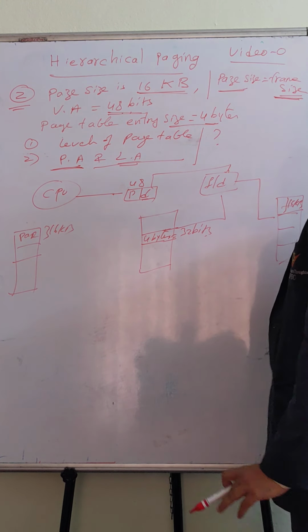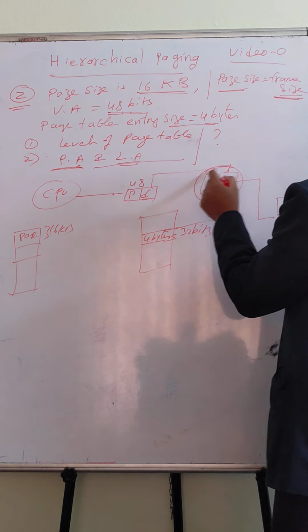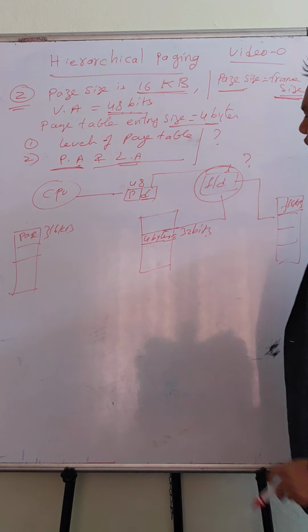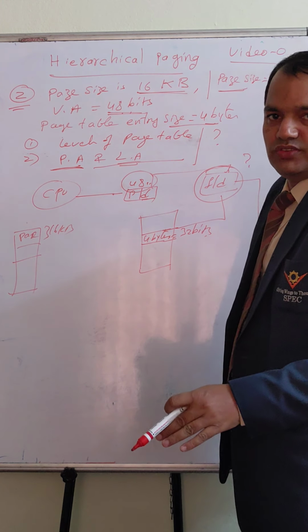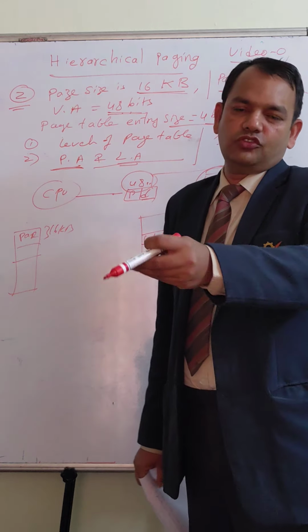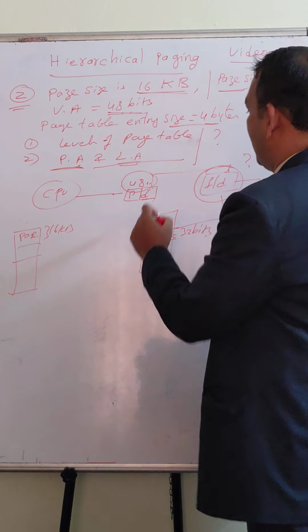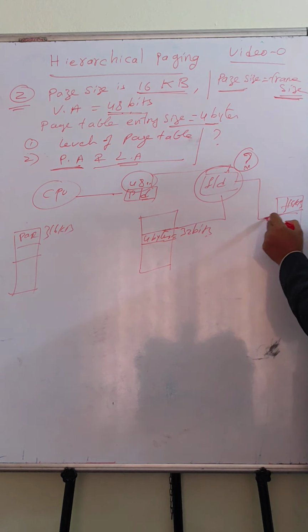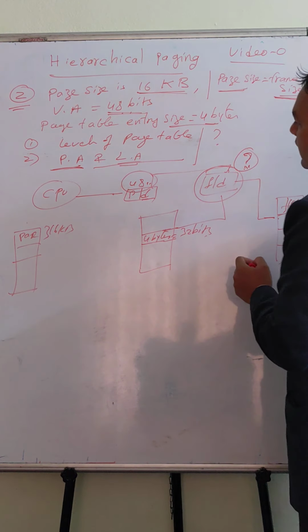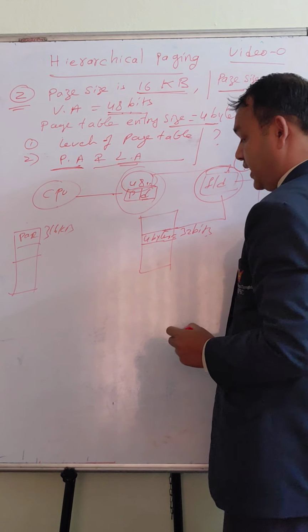Okay, this is the given. With this, we need to find out what is this. With these 48 bits of logical address space, what is the size of the secondary address space? Logical address space, secondary address space. What is the size we need to calculate? First, we need to calculate the size of the main memory. Again, what is the size of the virtual address space using 48 bits? We need to calculate that.